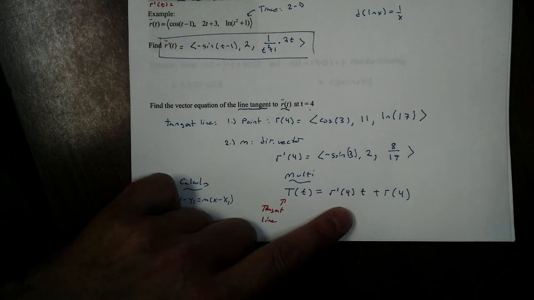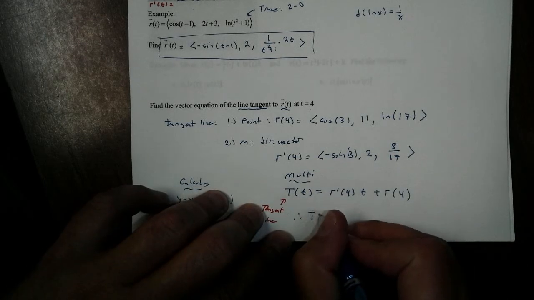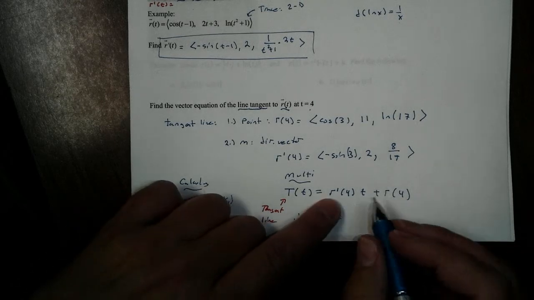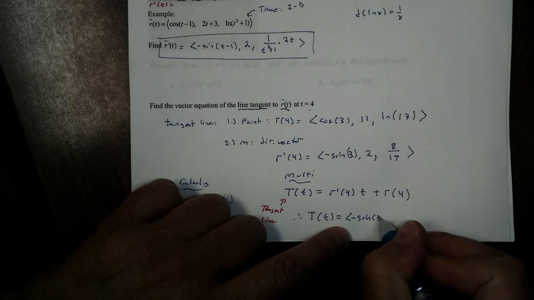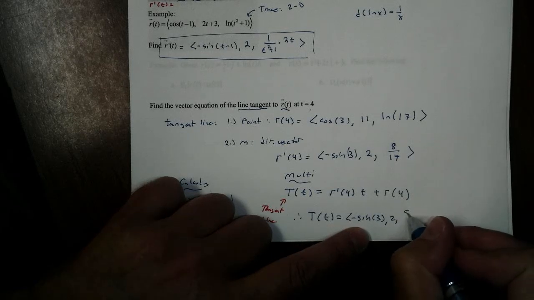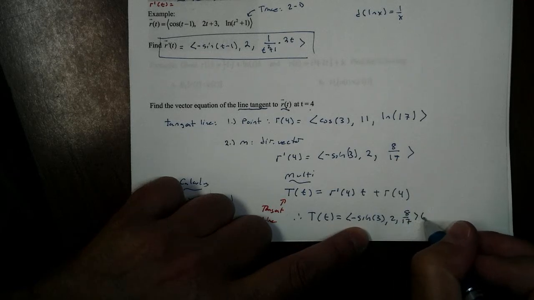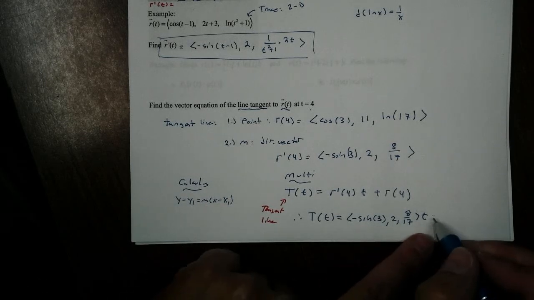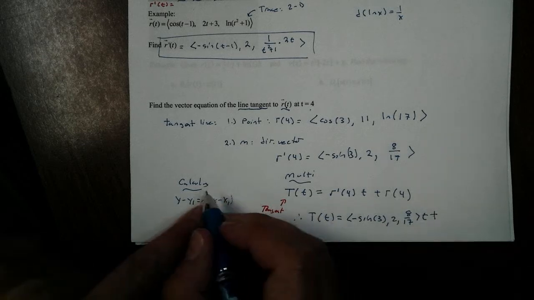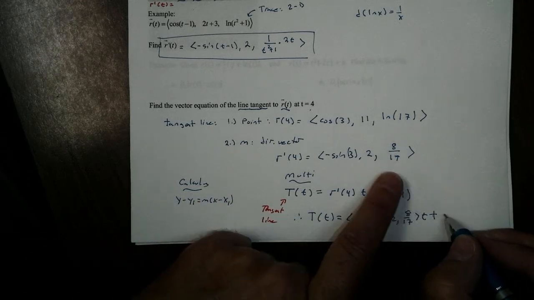So it's just a quicker way to write this. Therefore, we would say T of t equals r prime of 4, so it's going to be negative sine 3, 2, 8 over 17, times t, because this is my slope, like my y equals mx plus b, plus r of 4, which is